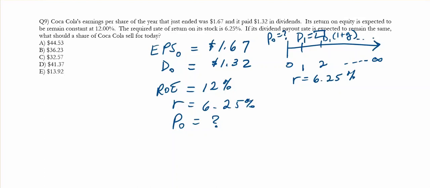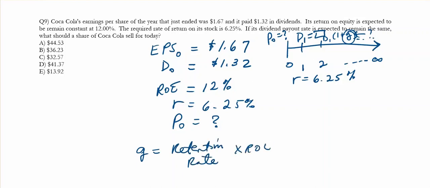We want to know what the price is in the end. So we need to find two things. We need the dividend in year one and the growth rate. Well, we'll need to find the growth rate first because the growth rate will tell us what the year one dividend should be. And so to get the growth rate, we're going to use that formula again, retention rate